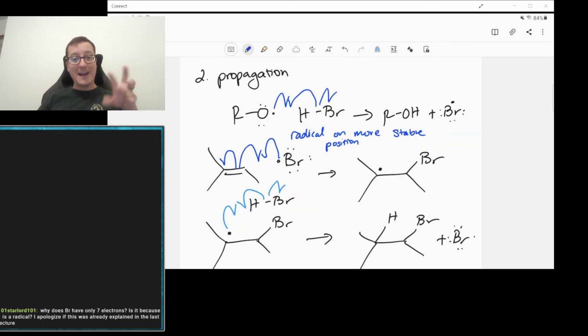And if we want to add them to an alkene onto the less substituted carbon, we're going to use HBr in the presence of peroxides. We just need the peroxides there to initiate the reaction because they're so unstable. They will just start the reaction. We don't need light or anything. HBr is not really something that forms radicals very easily anyway, so you need something else to help it along,